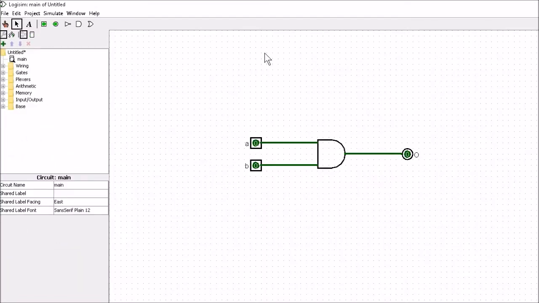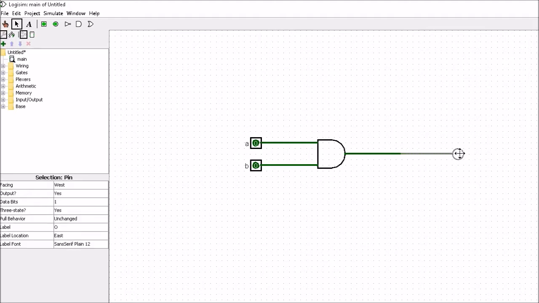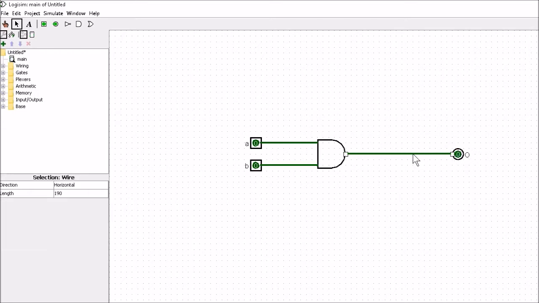So now we've seen how to simulate a circuit in Logisim, let's go ahead and we'll start building hierarchies. So let me show you what I mean by that. We take the circuit that we designed earlier, which is our simple AND gate. Now let's change it a little bit, and we'll change it into a NAND gate.